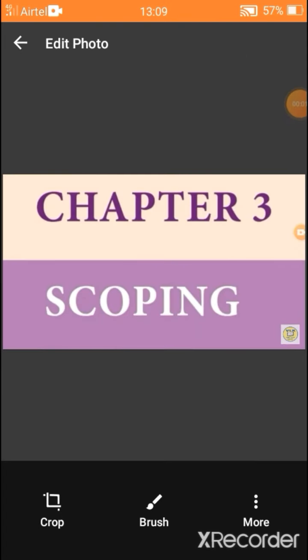Chapter 3 is concluded with the access specifiers that we have seen. So in this chapter, what are the topics we have discussed? What is scoping, mapping, what are the types of scope, modules, benefits of modular programming, characteristics of modules, access control and access specifiers in C++ versus access specifiers in Python. So these are the topics we have discussed through chapter 3.